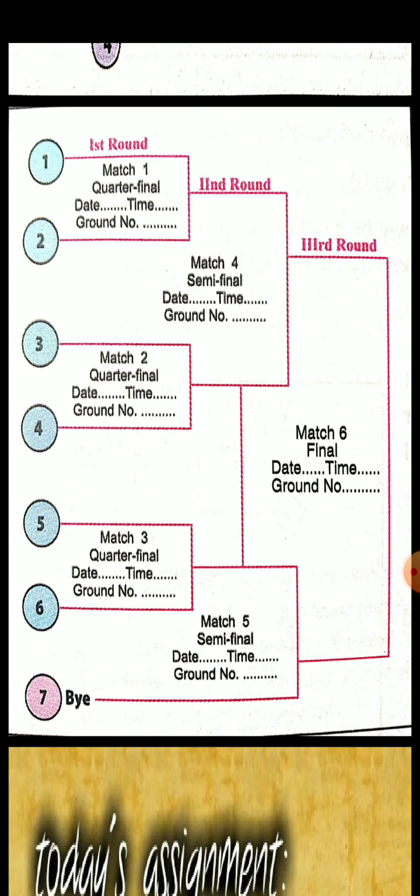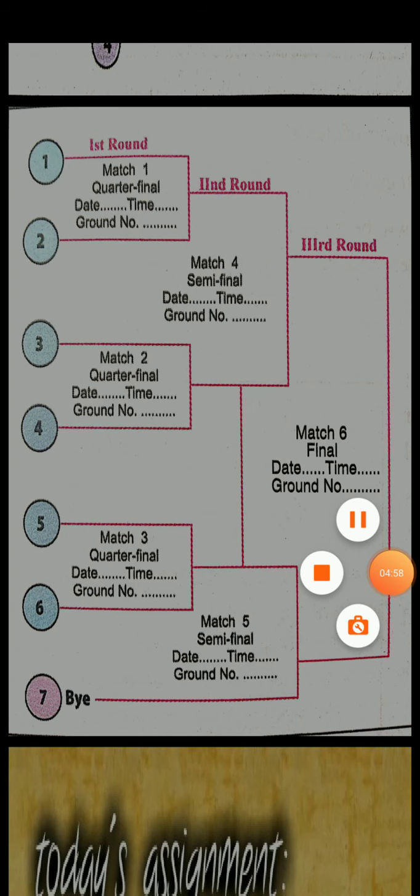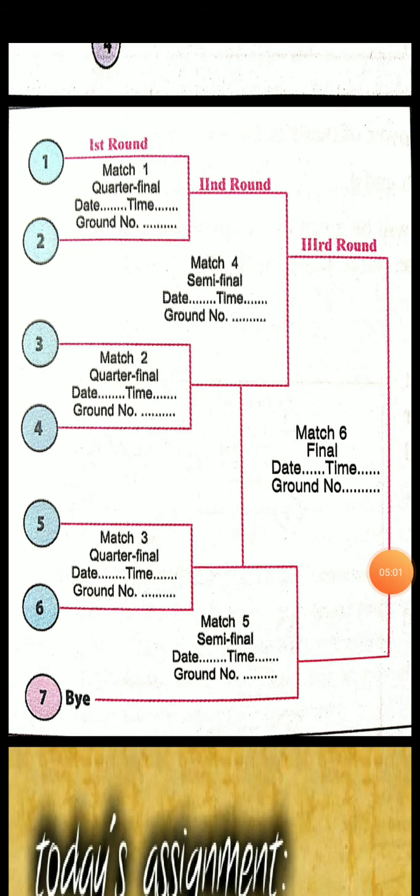Each winner of the first round will meet the winner of other teams in the next round, that is round number 2, and 1 team will qualify for the final in the third round, and thus we will get the winner. So this is the process of arranging teams in a proper way for a knockout fixture. You have seen it, try to understand it. If any problem is there, just comment in the YouTube comment box. I will see that and try to answer it.